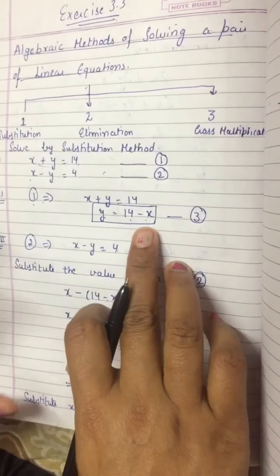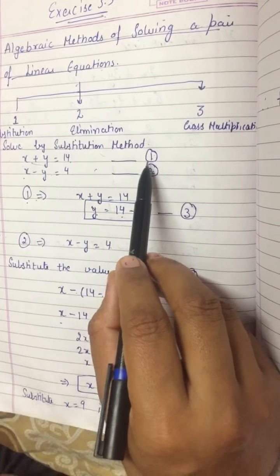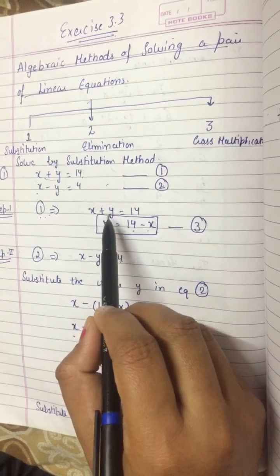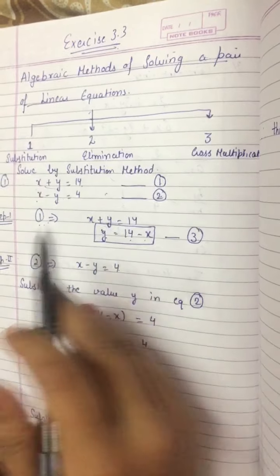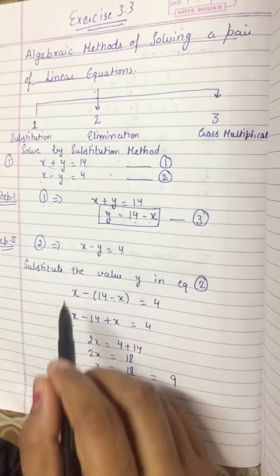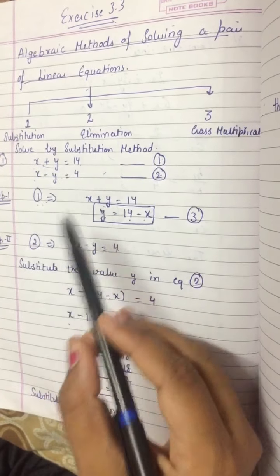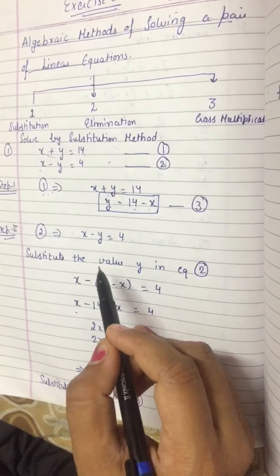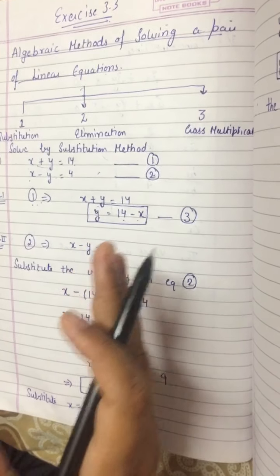I'm going to discuss the steps briefly again. The first step: give names to the equations, number 1 and number 2. Then take any one of the equations, you can take 1 or 2, and find the value of one variable, say y or x, in terms of the other variable, whichever is convenient. In the second step, substitute the value of y or x that you have found in equation number 3, and reduce it to an equation of one variable, which can be solved. So that is the method.